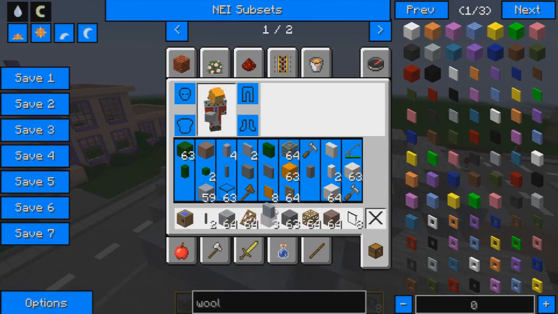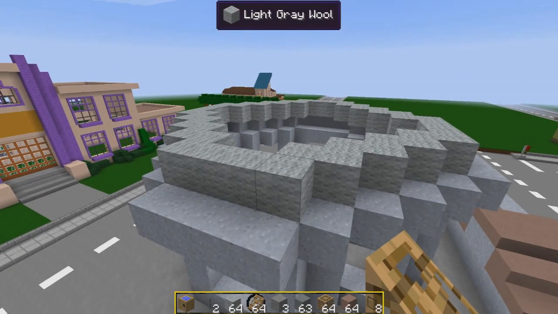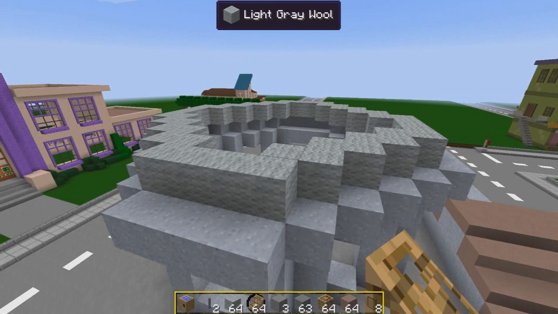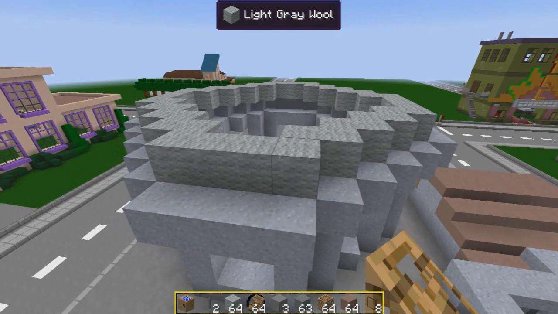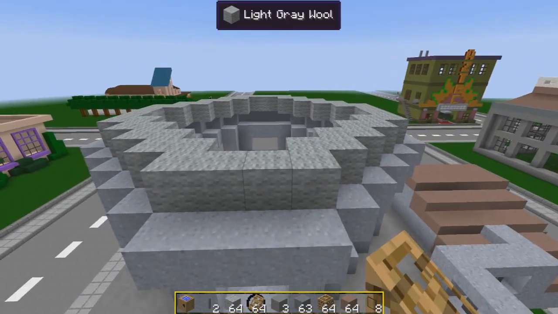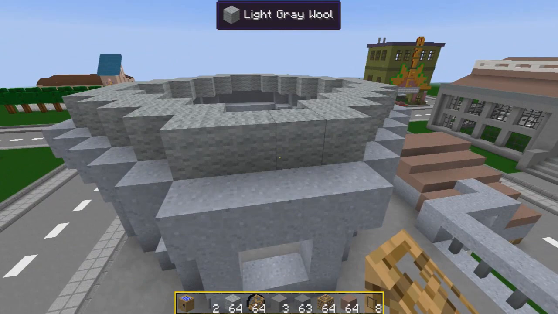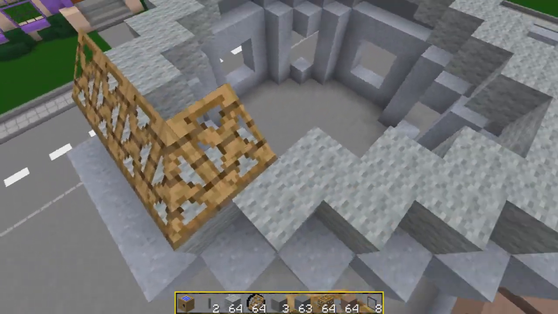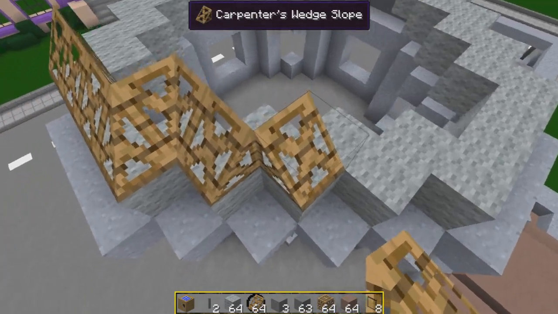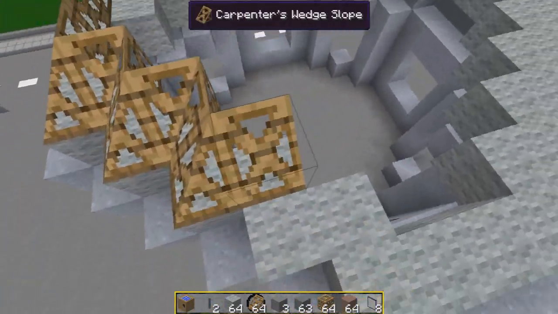Okay, so we're going to do that. And then I've got these. These are like carpenter's wedge slopes to try and get a bit of a dome. Now, I'm going to use the same principle as a barn roof. I've got a feeling that this isn't going to come out exactly how I want it to, but I think this is the closest way that we're ever going to get to a domed roof on this